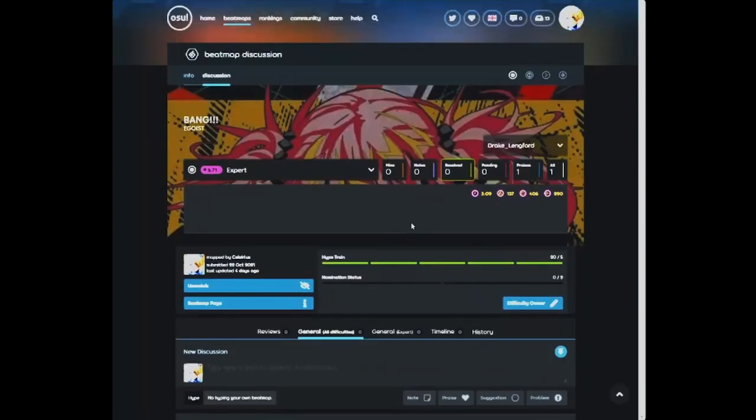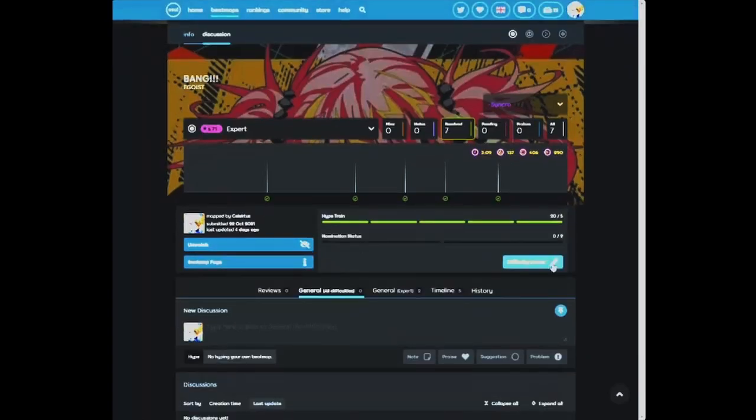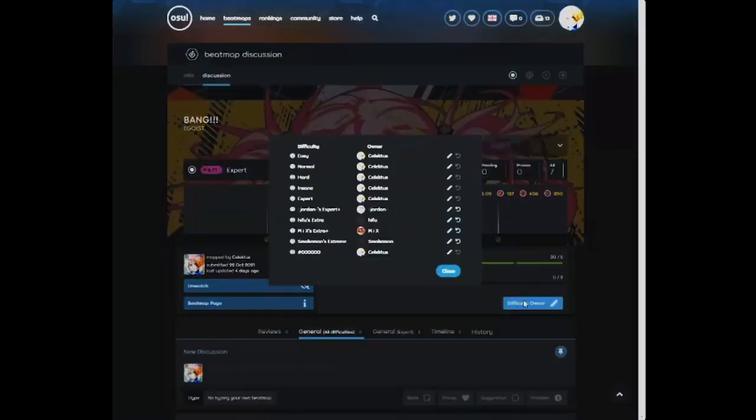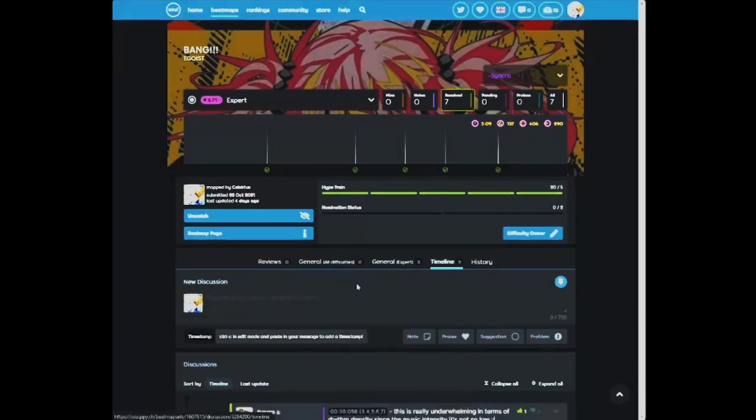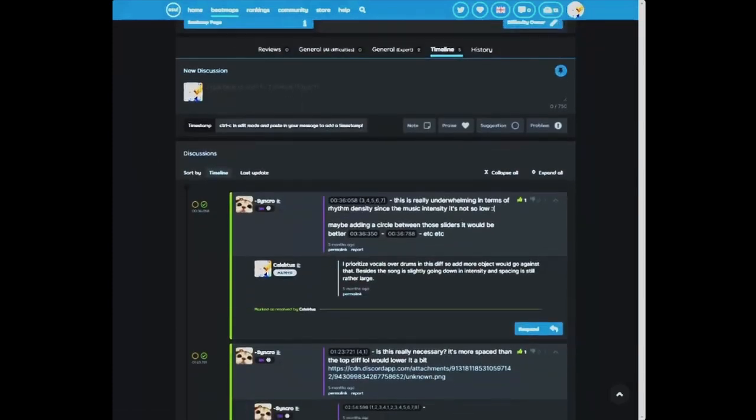I don't know if there's anything else. Oh, you can do the difficulty owner thing, where if you're the mapset host, you can say this diff is made by XYZ person, and then assign them, and then they can resolve posts as well. Or I guess I can even show it here. Let's say someone made a post, it's